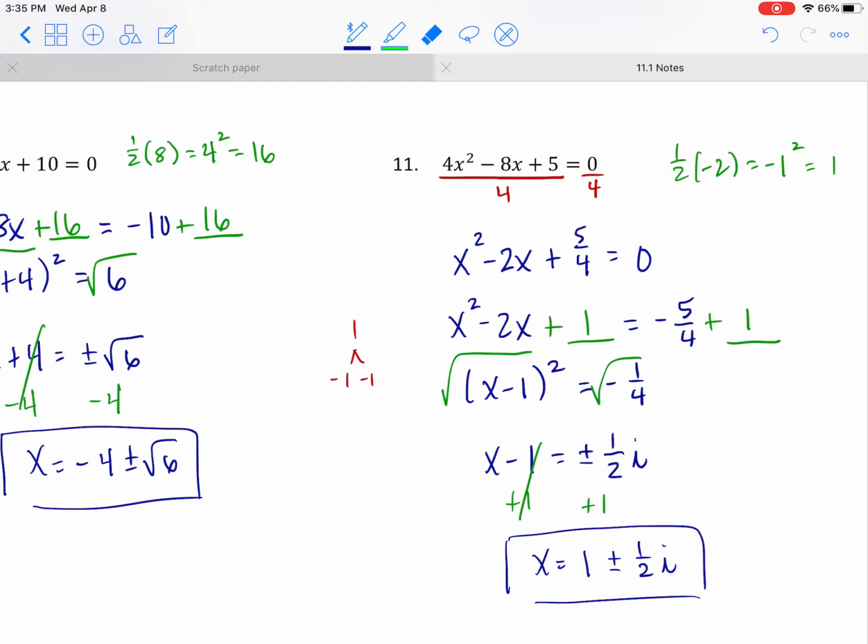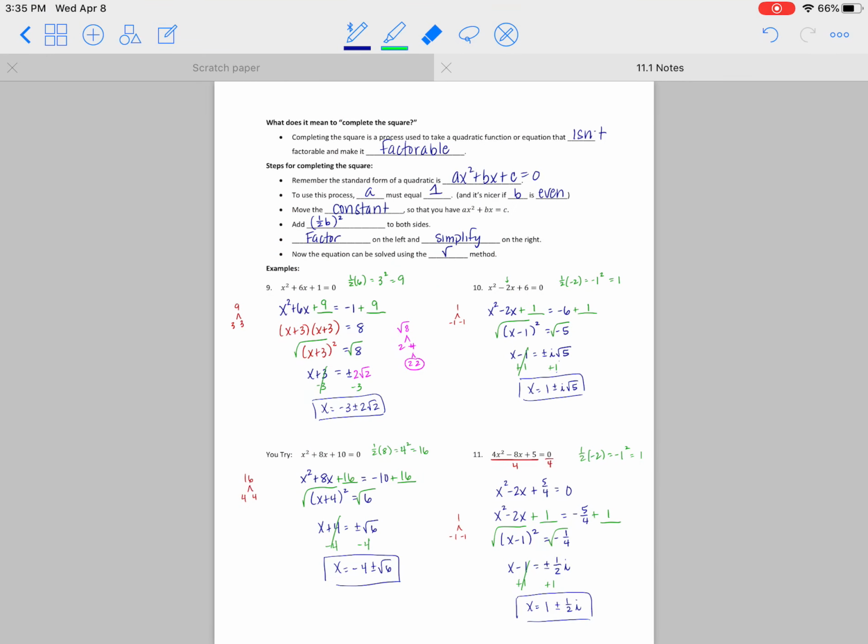But when dividing to make a 1 there, or when b isn't even, if it's really ugly, or if you just flat out don't like this process, I'm going to show you another way. So I think factoring, which we've done enough of, is pretty straightforward. I also like the square root method. But if you don't like completing the square, or